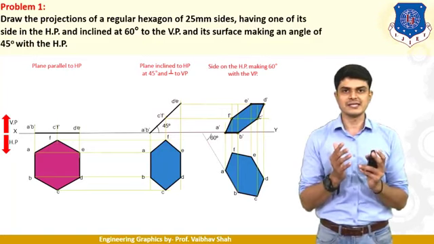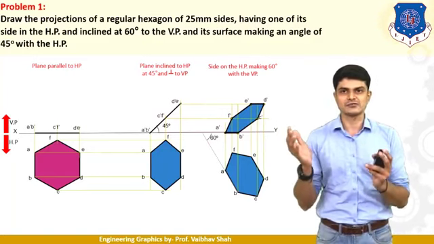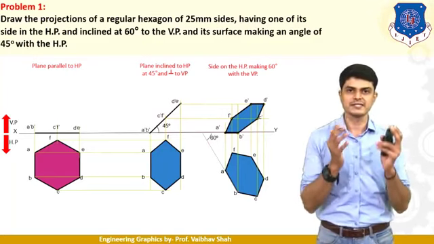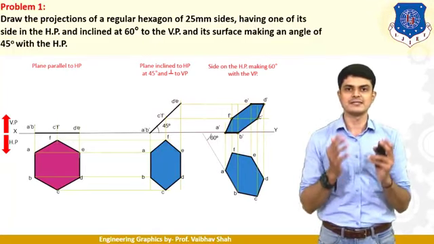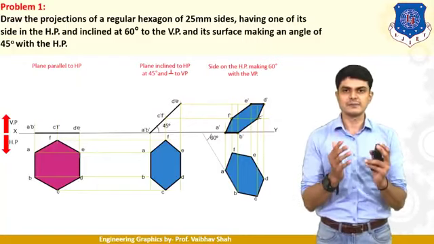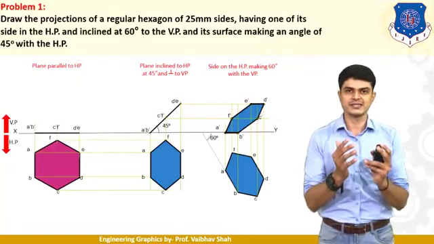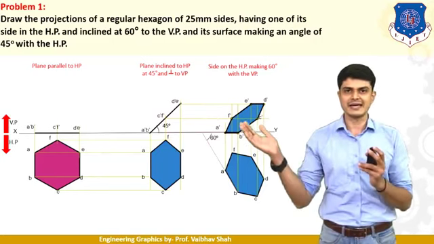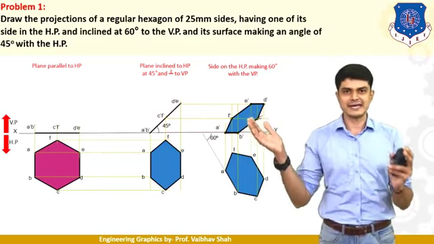So here you can see that there is one line in the front view which is on the XY line, a dash, b dash, c dash, f dash, d dash, e dash, which is showing the complete surface of the hexagon by this small line. So this is nothing but showing the surface. So we should make this line inclined at what? 45 degrees. So let us make this line inclined at 45 degrees, as you can see in the second stage, and